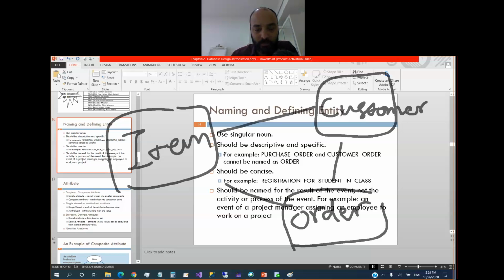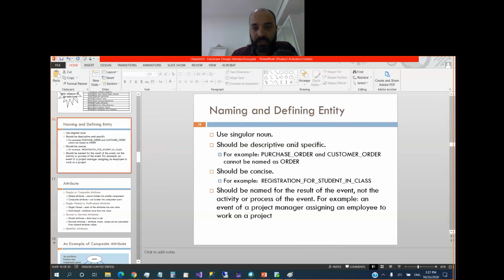It shouldn't be in plural. Okay, this is only for the entity relationship diagram. Later, when we design our tables and real relations, the physical one, we should know how to make them in a different style, which is more proper. So for the entity relationship diagram, every entity should have a singular noun,